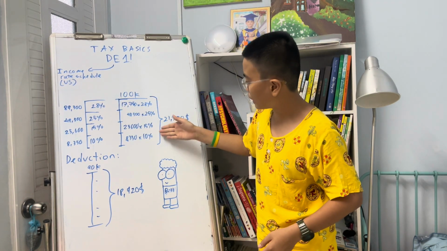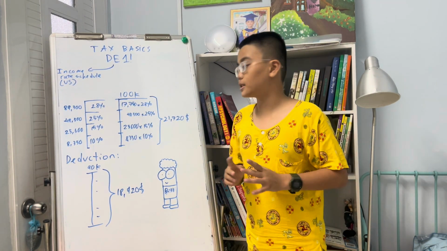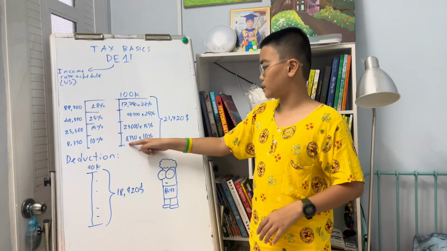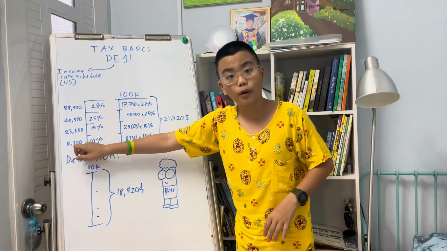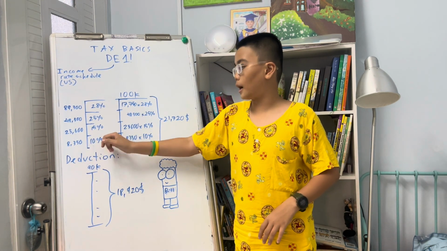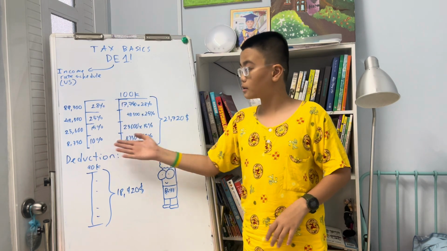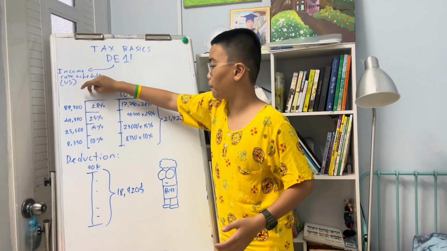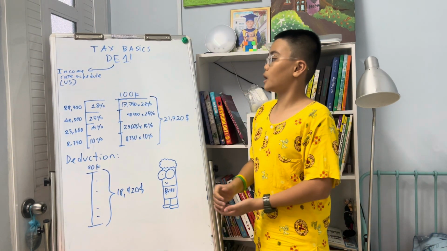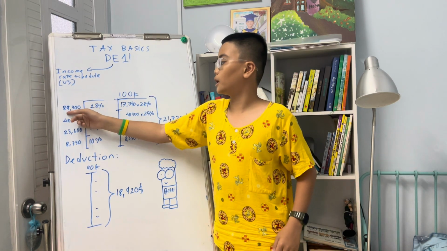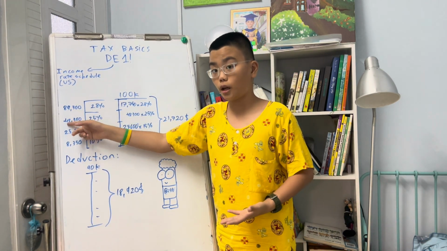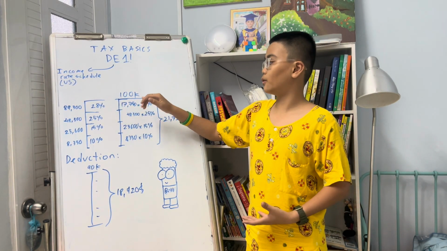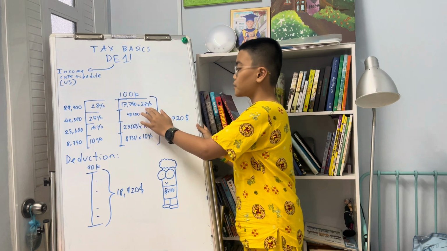So how did I figure out these numbers? As we can see, for the tax, firstly we need to take this number and multiply it by the percentage on the right. However, with the last number, there's actually no other number that goes forward. So we will have to take 100,000 directly minus $89,300. That gives us $17,750 multiplied by 28%,